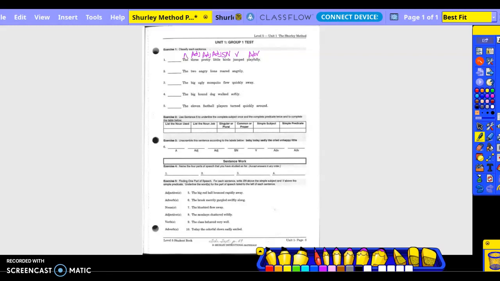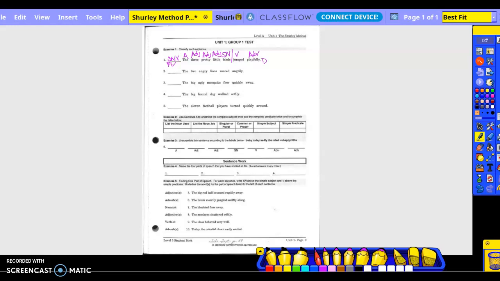Okay, the pattern: subject, noun, verb, pattern 1, check. Okay, no prepositional phrases, right? Period. Go back to the verb, divide the complete subject from the complete predicate. Is there an adverb exception? No, it's the natural or inverted order.